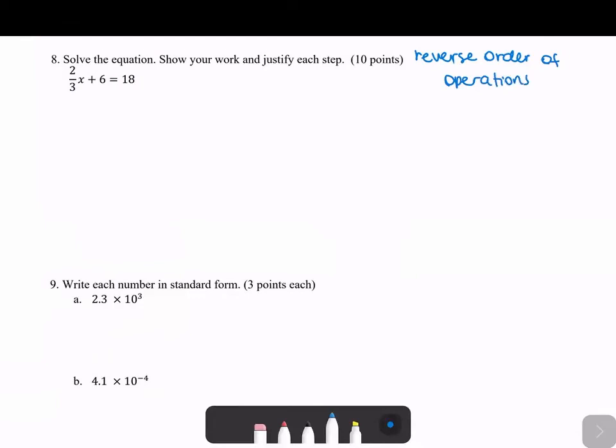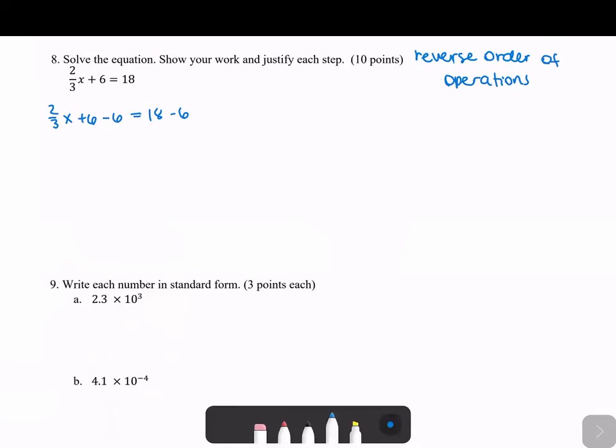So most people like to do reverse order of operations, which essentially boils down to adding and subtracting, and then multiplying and dividing, and then taking square roots, doing things of that nature. Okay, so I'm going to subtract 6 first. So plus 6 minus 6. So my first step,